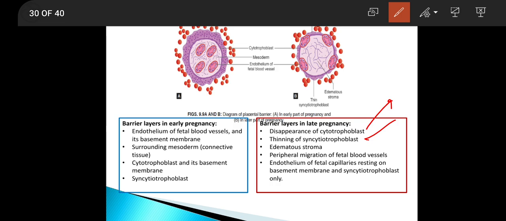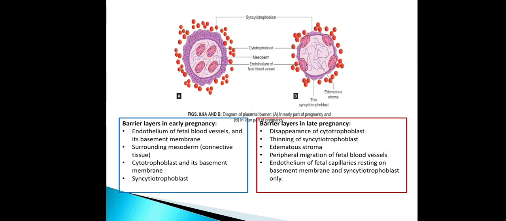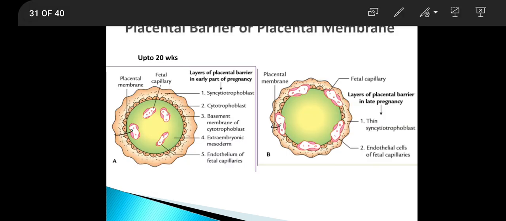And one more thing, that the fetal blood vessels have come to the periphery. Here in this diagram you can see, in the second diagram, fetal blood vessels have come to the periphery. So finally the placental barrier, or the fetal blood and the maternal blood, are separated by the endothelium of the blood vessels and the basement membrane, and the syncytiotrophoblast. They will separate the maternal and fetal blood, and it will form the barrier in late pregnancy. The same diagram which is showing the